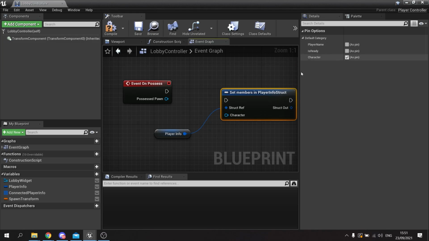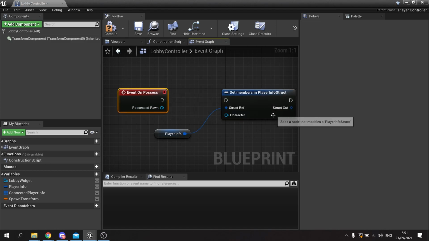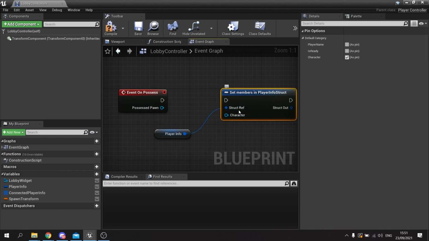Now for this, our character pin is a character object reference. However, the possessed pawn is a pawn reference, therefore you can't plug it in. We could cast it if we wanted to, but what I'm actually going to do is change the struct to be a pawn instead. So I'm going to compile and save everything,